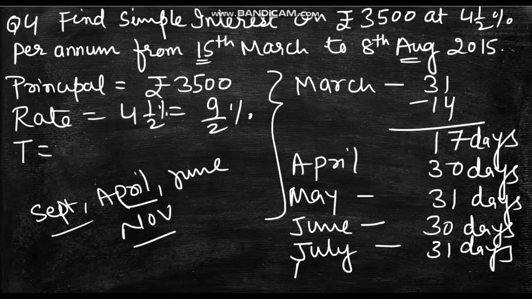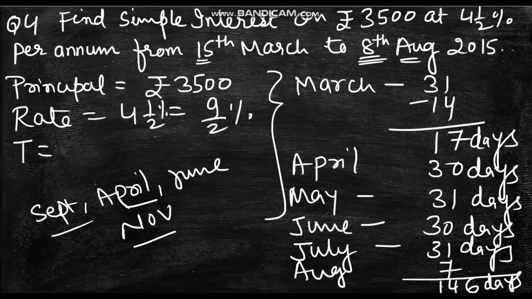Now in the month of August, you see how you will do. Here you are taking away the amount on 8th of August. So you will not get the interest of 8th. So you will have 7 days here. Now calculate the total. See here, 7 plus 1 8 plus 1 9 and this 7. 9 and 7 is how much? 16. So you'll get 6 here. So 1 left, 1 and 1 2 and 3, 5 and 3 8 and 3 11 and 3 14. So you are getting 146 days. So what is your time here? 146 days. So 146 days means 146 by 365 years.